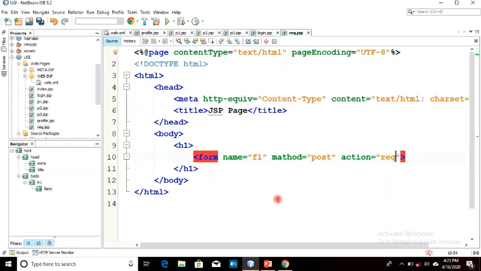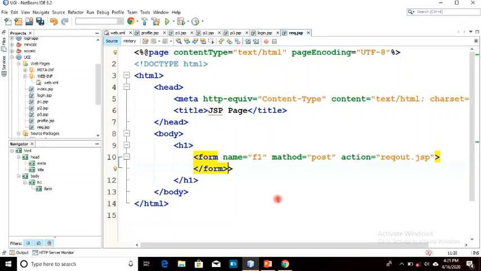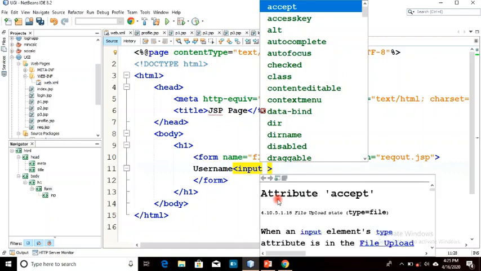request out dot jsp. Okay, so this page I have to create, and let's close the form. Okay, so the form is created. Now we have to include the parameter. Suppose I am going to put the username and pass it as text, so we have